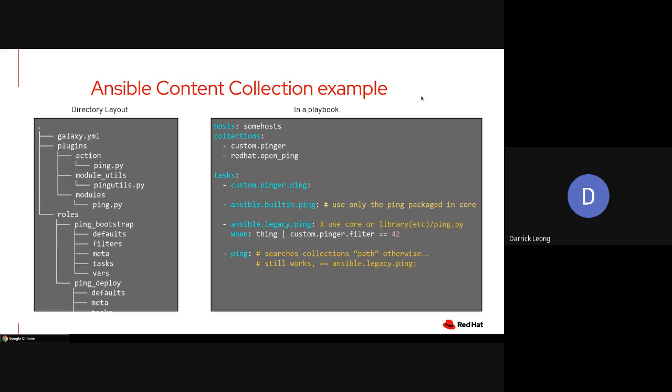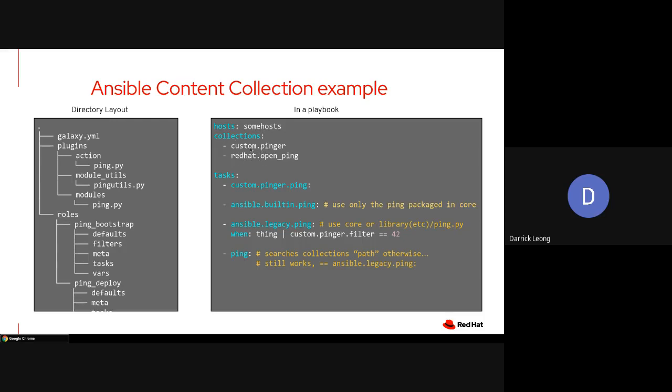So this is a content collection example, right? Within the playbook itself, you will write the syntax for collections here. For example, this collection is a custom collection that maybe I've written, or it could be a collection from Red Hat itself.